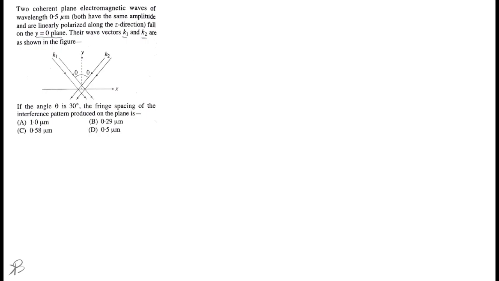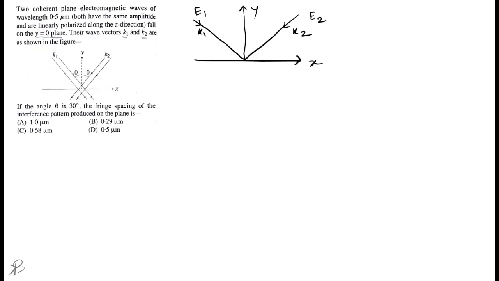We have a plane which is like this, and something is falling on it. This is k1, and this is k2, and this is y, this is x, and this is E1, this is E2. Okay,